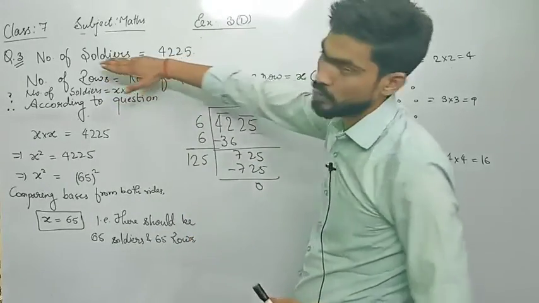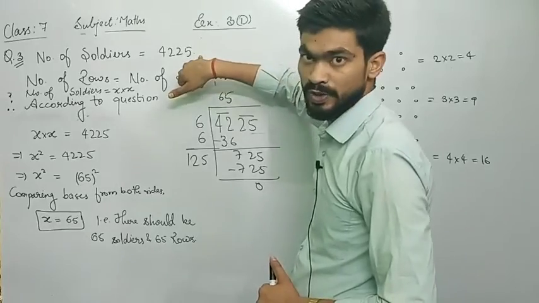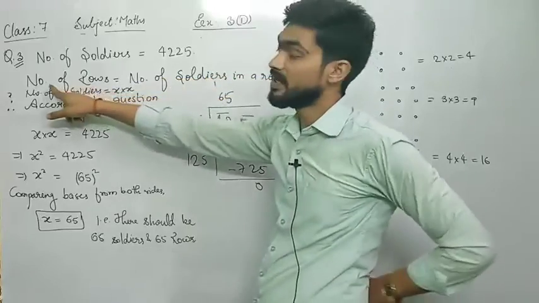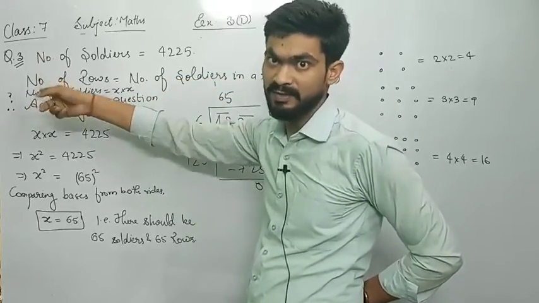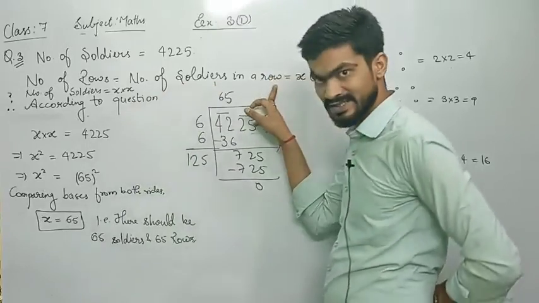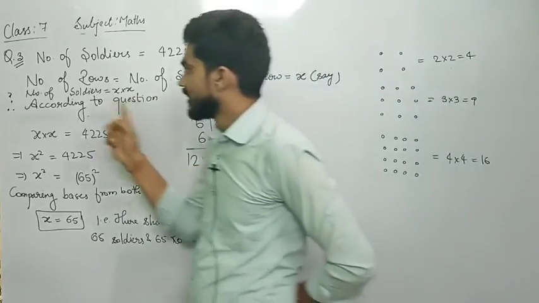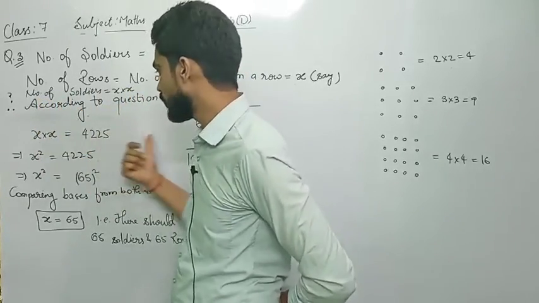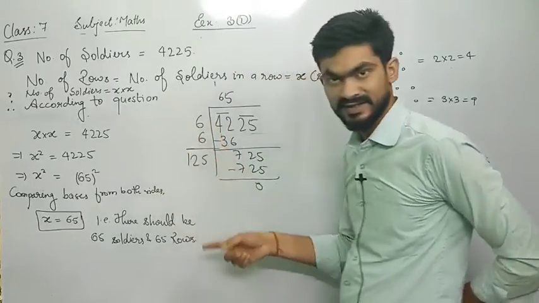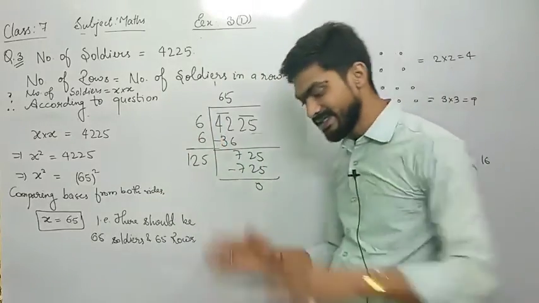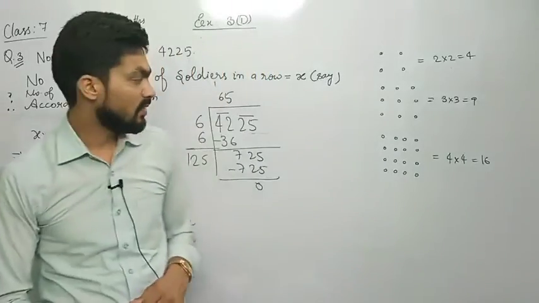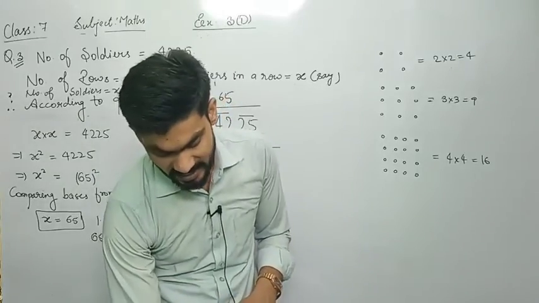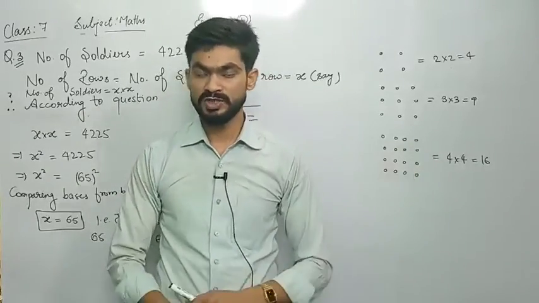Total amount received is 7,225. You will write amount of charity given by each member is equal to number of members in the club equal to X. Then total rupees collected equal to X into X. X into X equal to 7,225. Find the square root and you will get the answer. In the same manner you have to solve. And if you are not able to solve, reply me, but I am pretty sure that you will be able to solve. And by this way, this square section is finished.